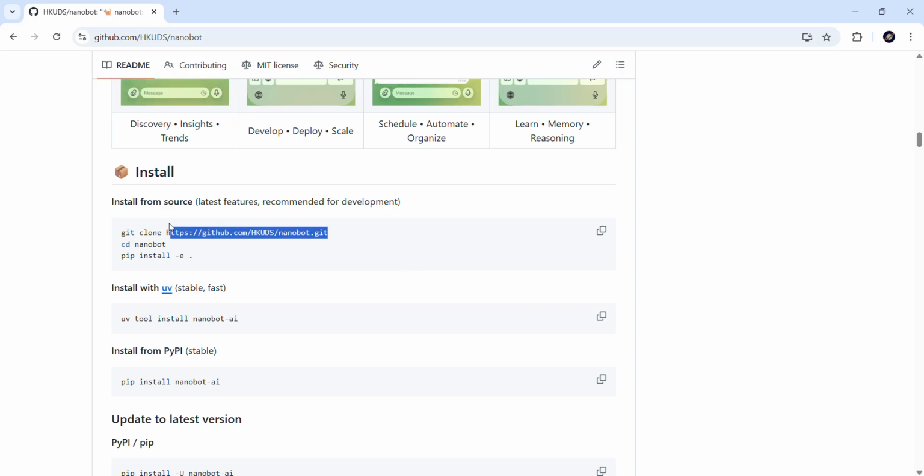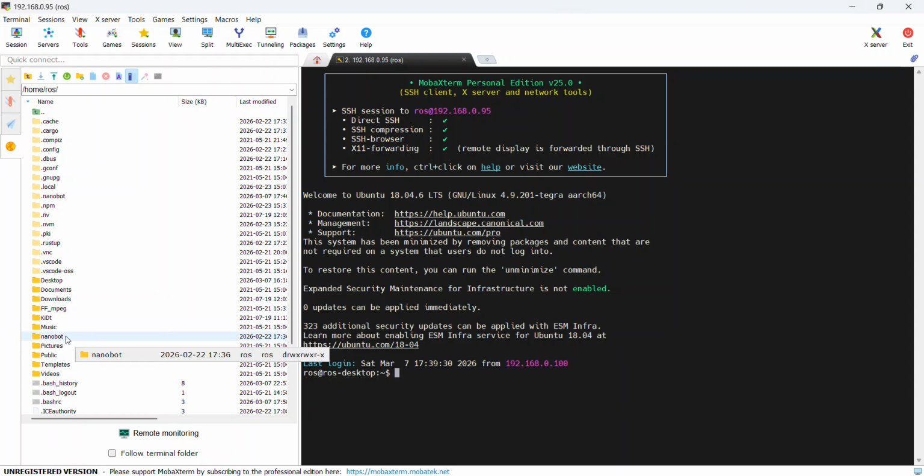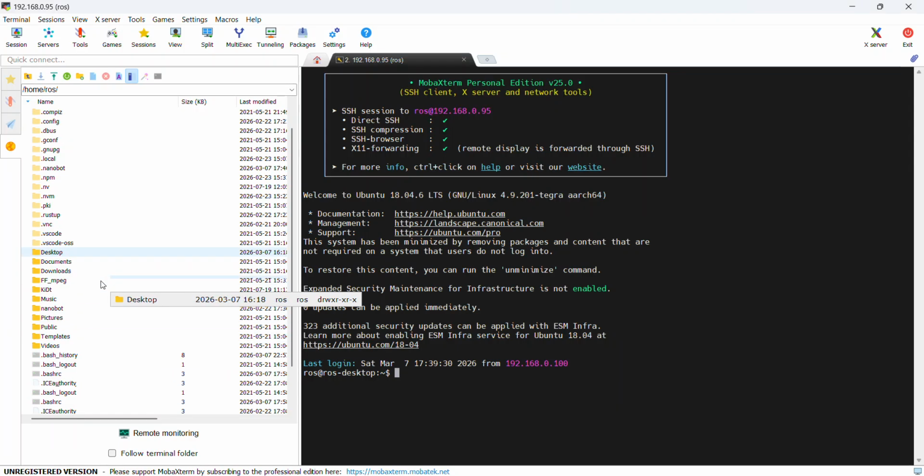The first step, of course, is to git clone the repository and then cd into this nanobot, and then we will do the pip install. I already have nanobot here, as you can see, but what I will additionally do is